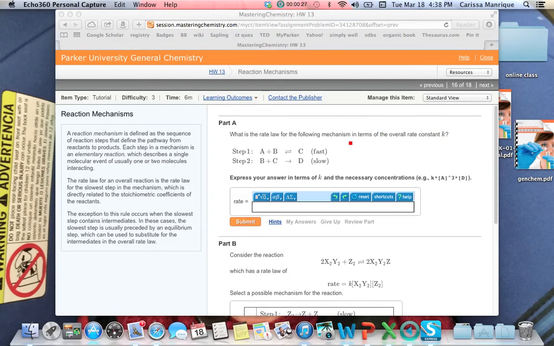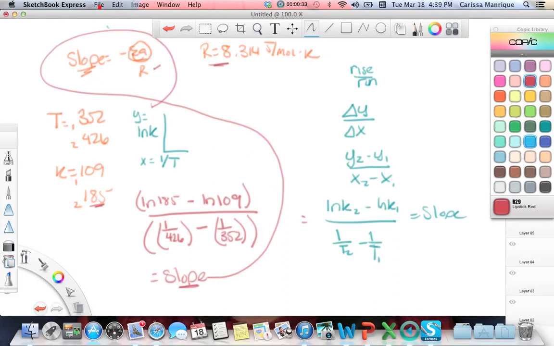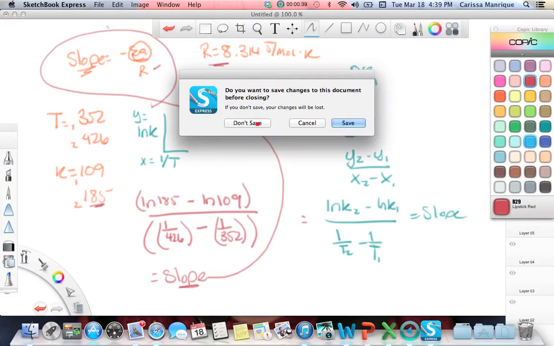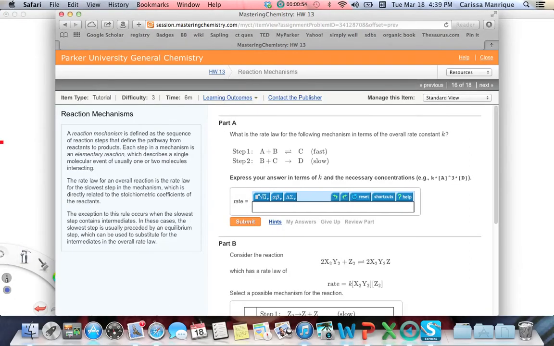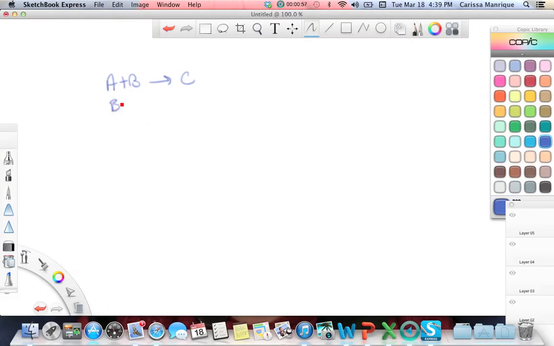Okay, so all you do here, you have A plus B going to C, and then B plus C going to D. This was fast, this was slow, and I believe this was in equilibrium. Let's make sure. Yes. Okay, so the first thing you need to do is